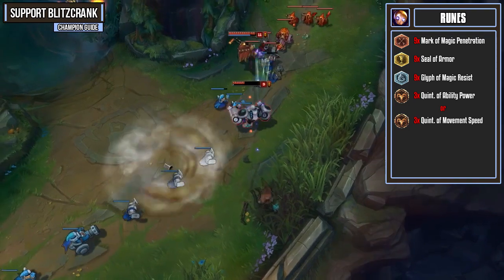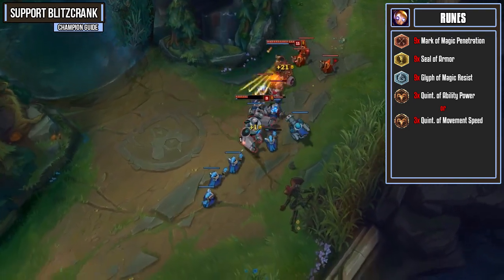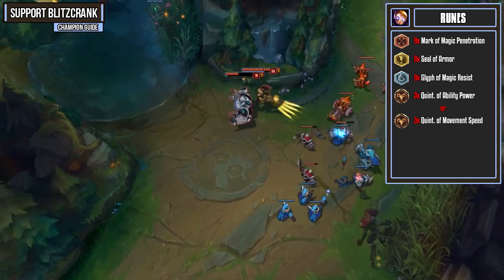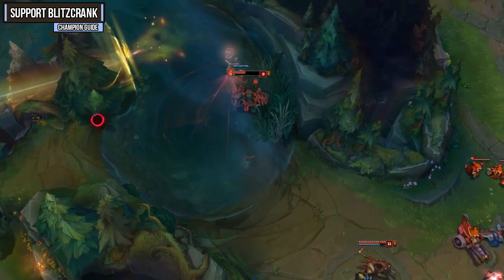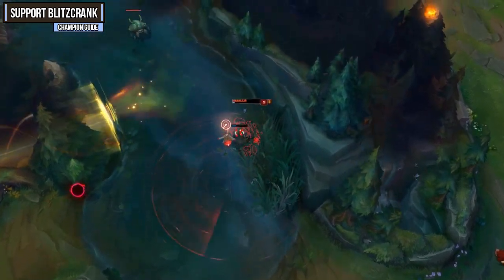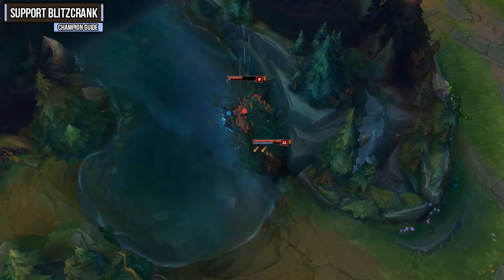But then of course, if you are spending more time in the bottom lane trying to get some kills with your grabs, then taking the ability power will help, so you'll deal some extra burst damage. If you want to be a full-on tank, you could of course switch those yellows to health and then get armor reds and quints, but usually I don't find this completely necessary